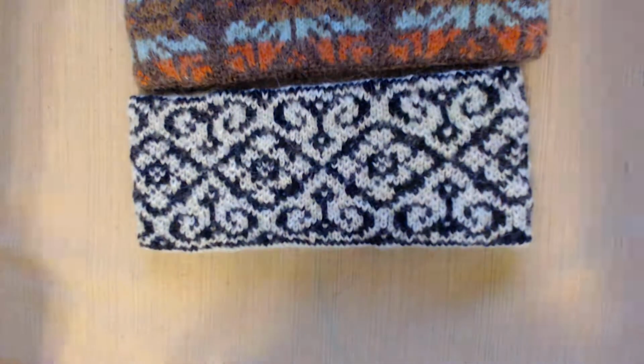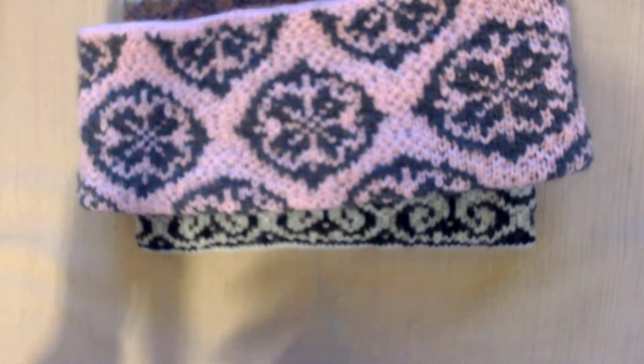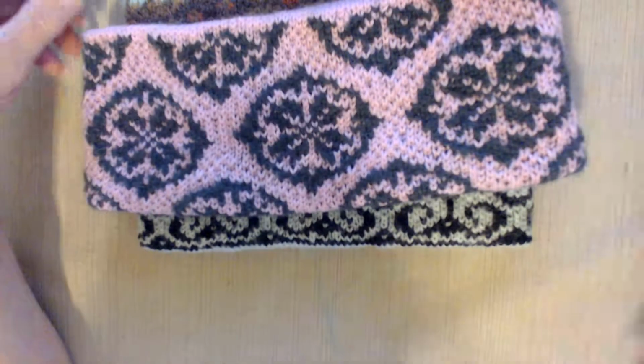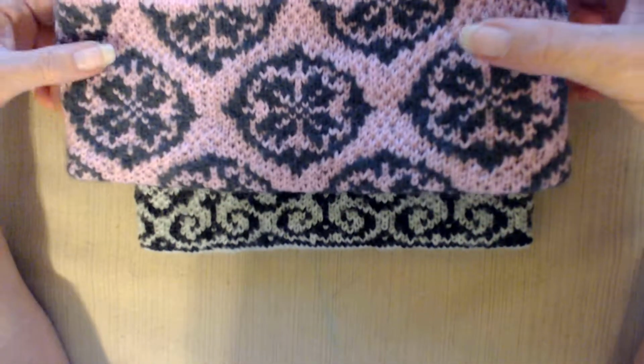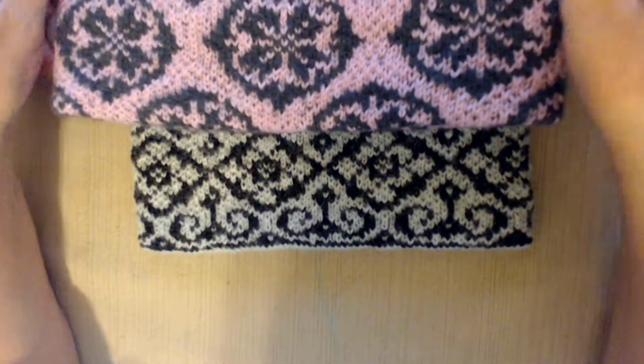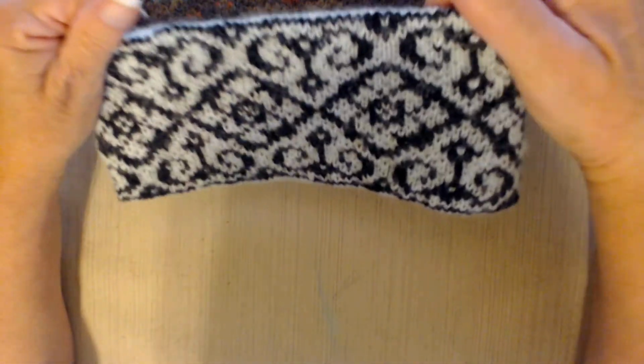And I tried to make these. Let's see. They're about, upside down. This one is right at 4 inches. So 4 inches is a little wider than most headbands are made, but it is a good size. And that's just 2-color. And then this one is a 2-color